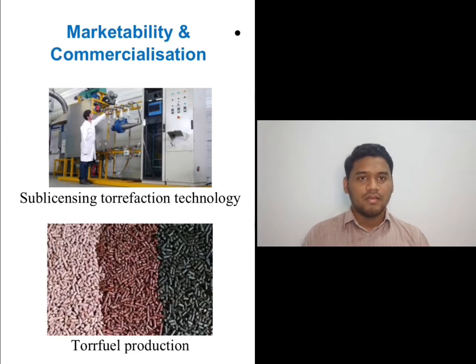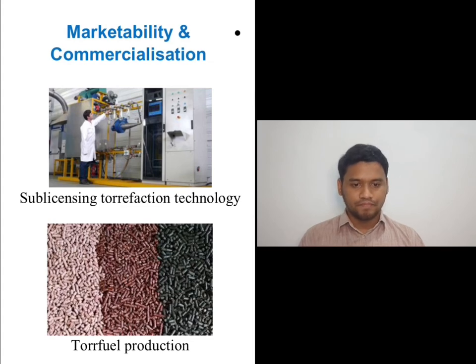The business areas in torrefaction are torrefaction technology, sub-desalination torrefaction technology, and selling the torrefaction technology. And then we can use it for fuel production in regions with difficult biomass to mobilize, and also production of chemicals or biomaterials. According to a report by the consulting firm Hawkins Wright, the global demand for torrefied biomass is projected to exceed 70 million metric tons per year by 2025.